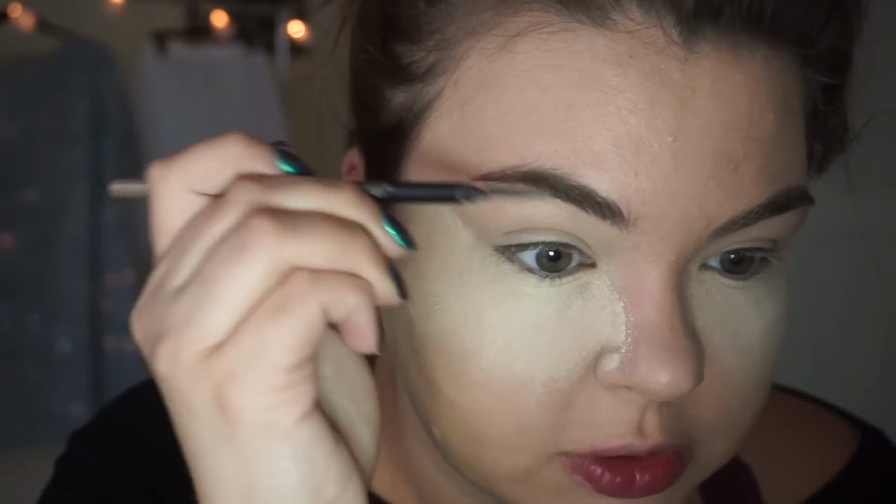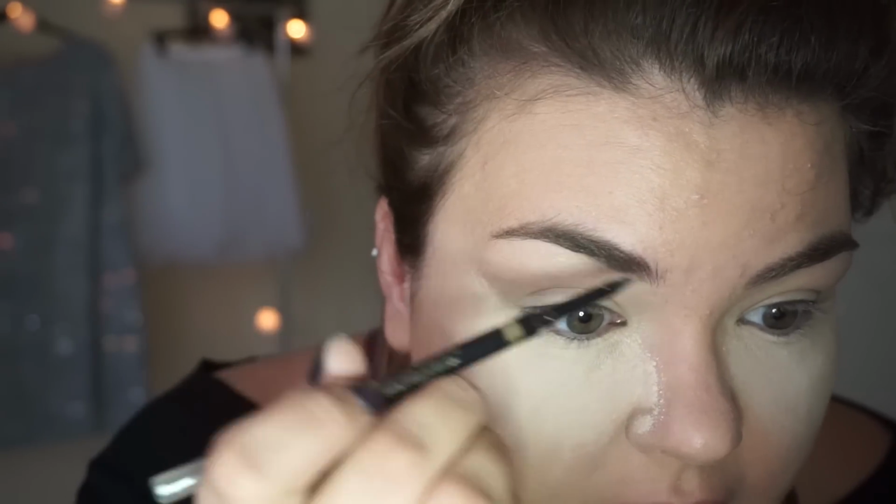Gonna have to go pretty hardcore on these babies today. So for my brows, I'm gonna use these two pencils from L'Oreal. I'm gonna use blonde in the front and then brunette towards the back, just to make it a little bit more ombre, not a lot, but just a little. I like these brushes too because they have the spoolie on the end, which is always good. I hope this light is not too terrible with the ring light. I don't normally use it, but it's way too dark outside not to use it, and I have to film for this. So I'm just taking the blonde in the front,